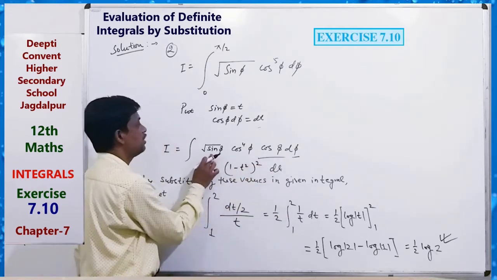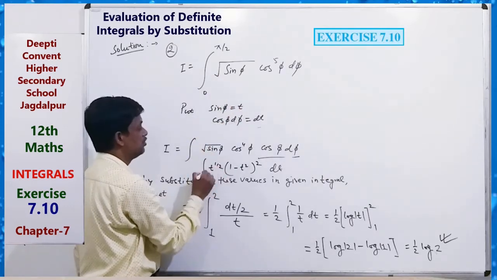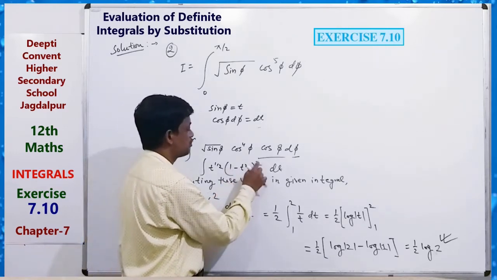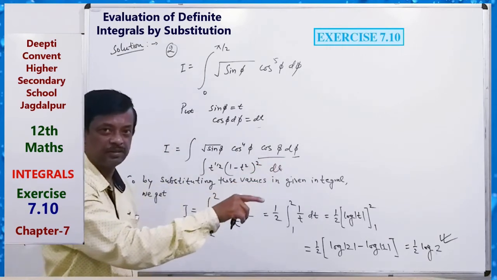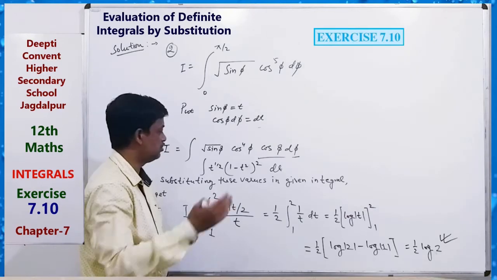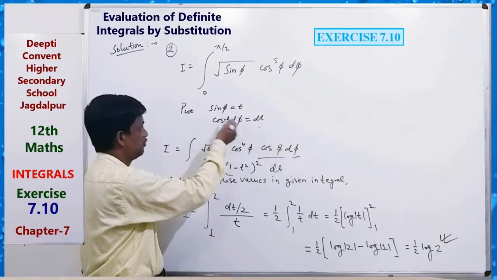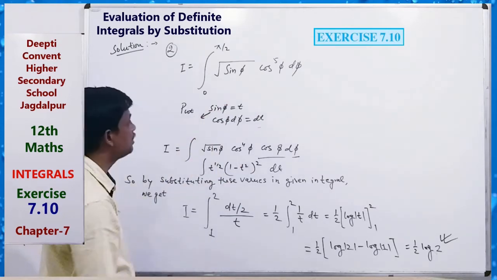And this is sin phi equals to what? t, that is t power 1 by 2. Integration, you can convert it now. What? (a minus b) whole square, break it, and then multiply to inner side and then integrate with respect to t. Simple, by using formula of integration of t to the power n. And from here, find the limit for new variable t.